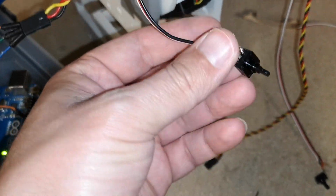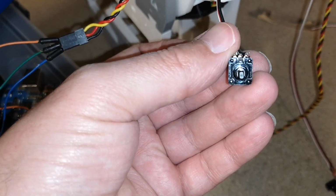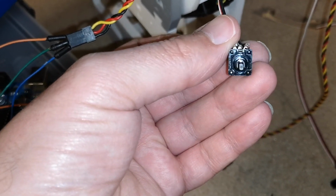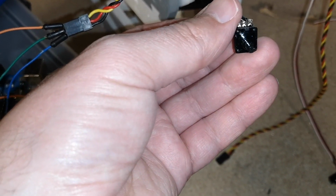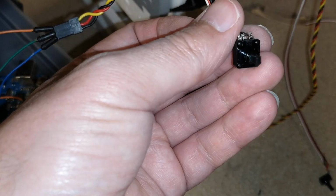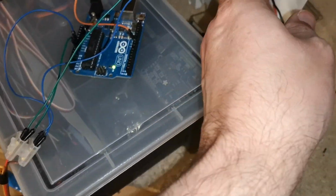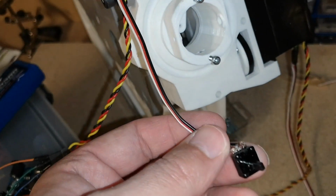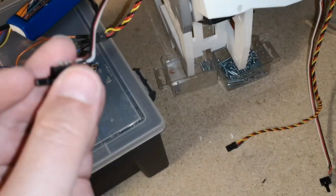So I've powered him up. Center position is sort of straight up vertical on that position of the potentiometer. So I put it into the center position first, programmed the Arduino to position 90, and that should give us a stationary servo, which it has. I have just tried it off camera first, but I'm going to try and